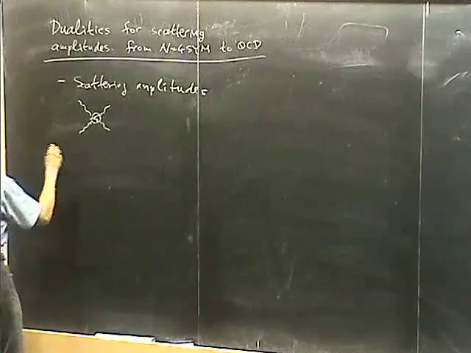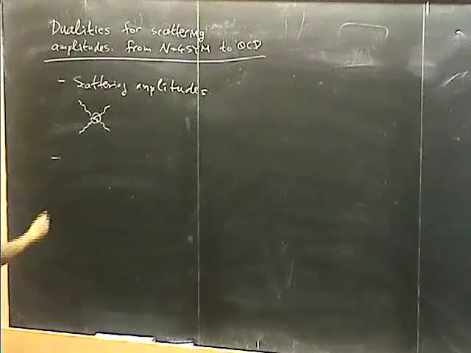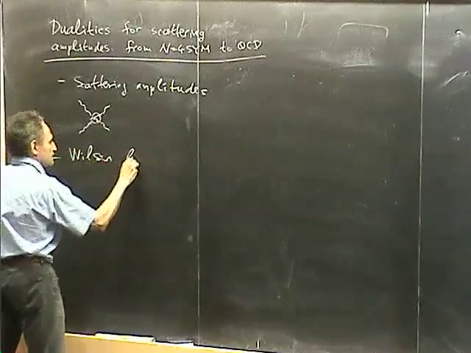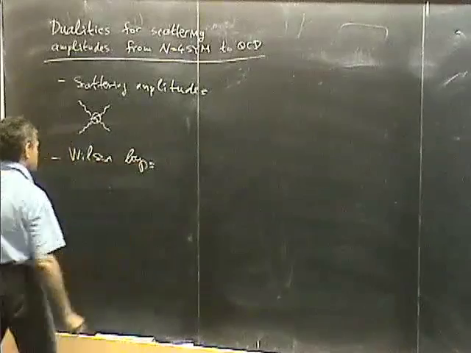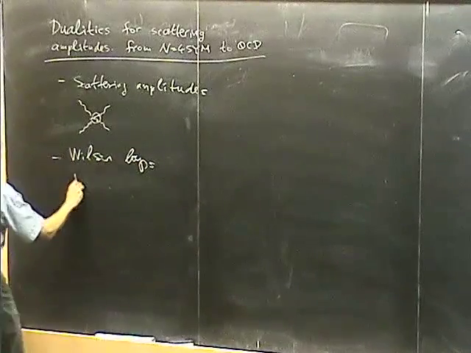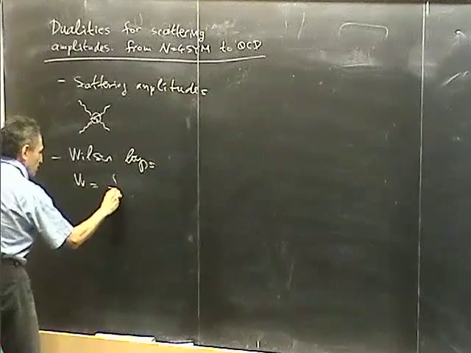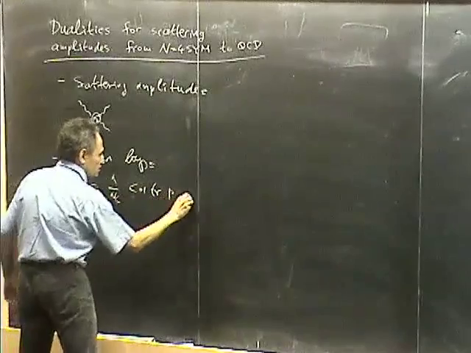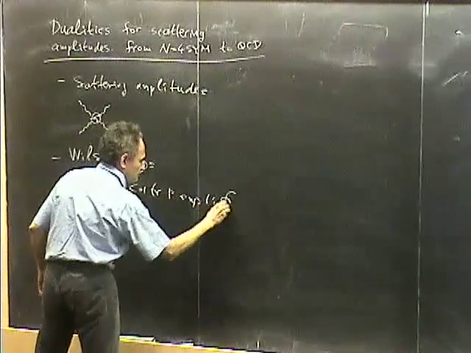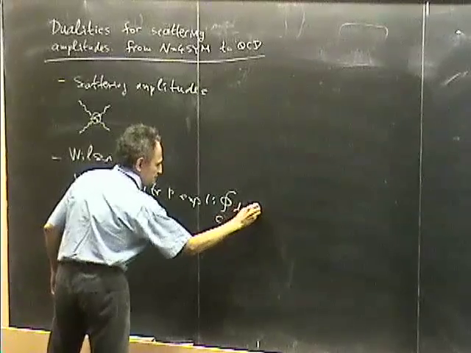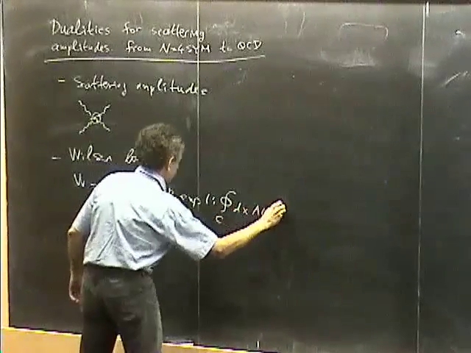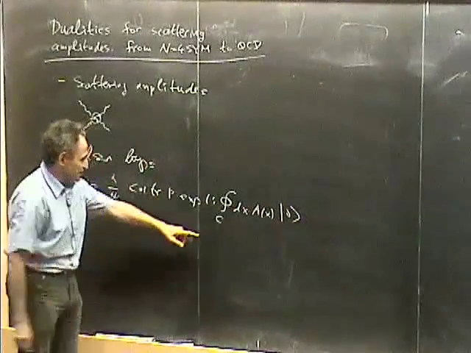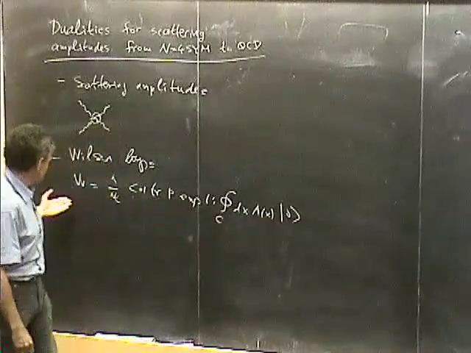So the second object which will appear in my discussion will be Wilson loops. So as you know, a Wilson loop is just defined as an expectation value of the circulation of the gauge field along a certain contour. Let's call it C. And by definition, this object just lives in Minkowski spacetime. So you specify the contour and you can compute this object